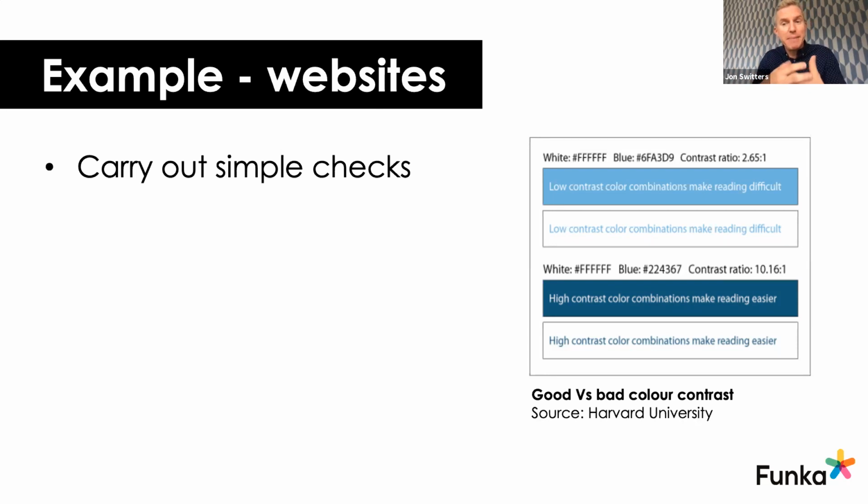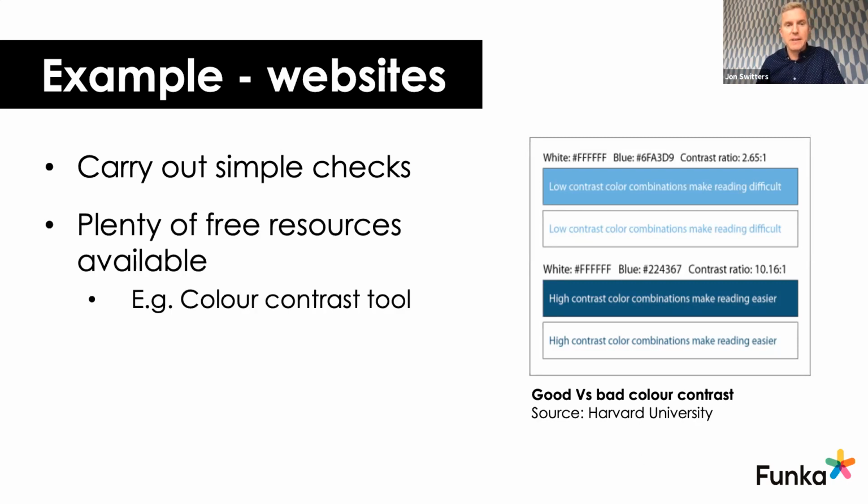running, but you would like to make it more accessible, there are also a number of very simple checks that you can carry out and a multitude of free resources available. One example of these is the color contrast checker, which will ensure that there's sufficient contrast on different elements on your website, something which is key for low visibility users. An example of good and bad color contrast combinations can be seen on the right-hand side